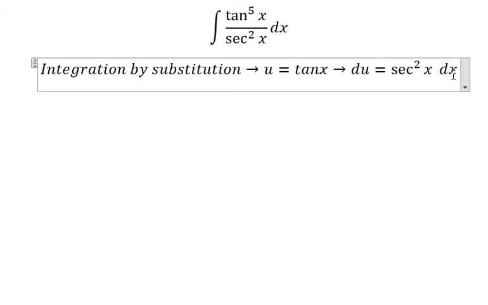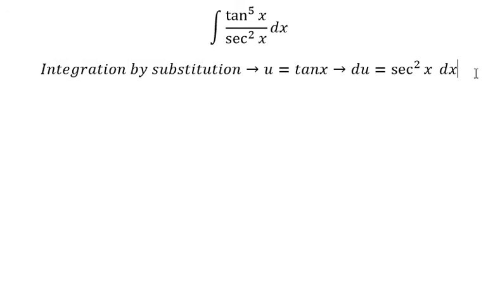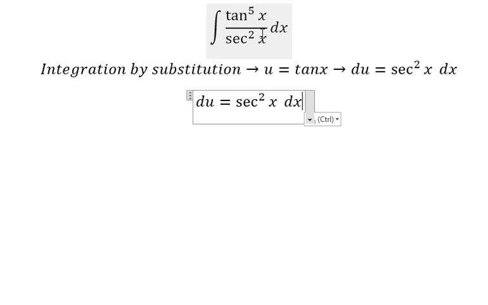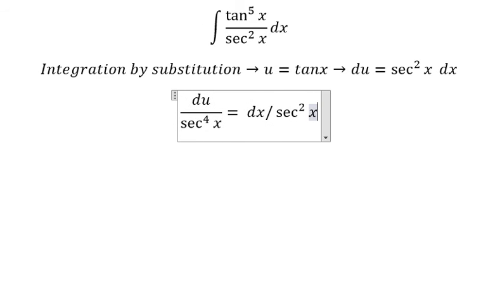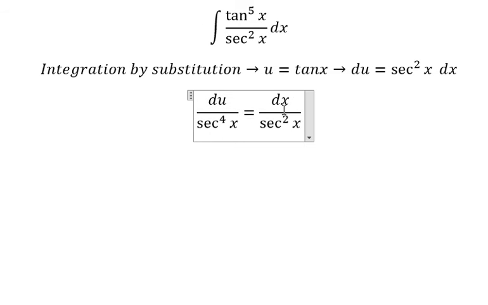Next, we divide both sides with secant of s to the power of 4. This one you got secant of s squared. Next, this one we can change into